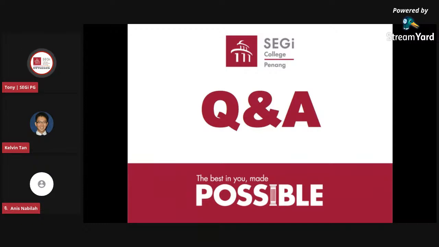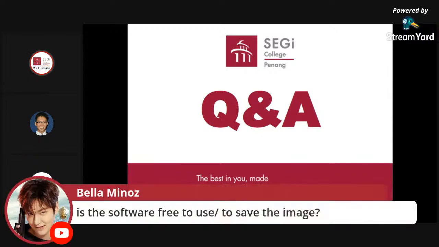Mr. Kevin, there is one question from the floor, asking whether the software is free to use. Okay, thank you, Bella. Okay, the software is free to use. You can just register. I will share this, the software is called Miro. You can just type Miro or MyMap software, then enter and register a free account. After you register, you can export the mind map as a picture or PDF file. Then later you can print it out and so on. Okay, Bella, can you get the answer?